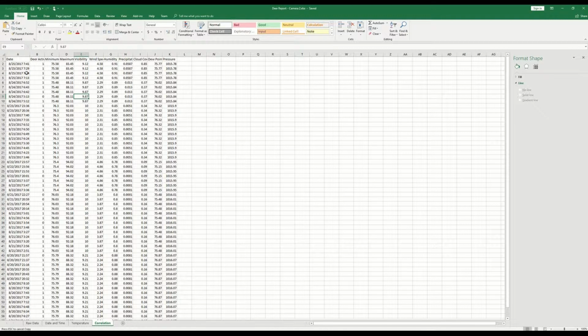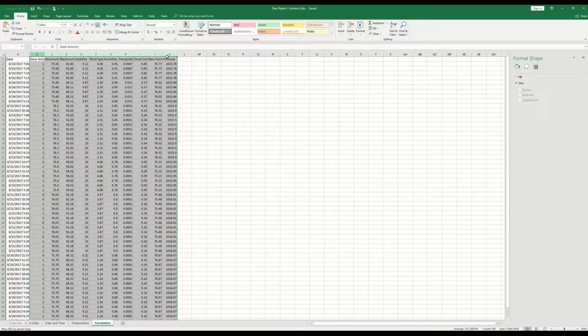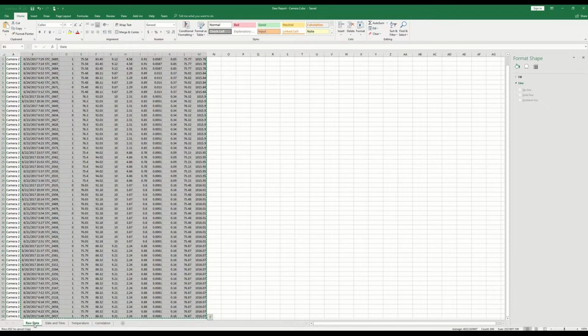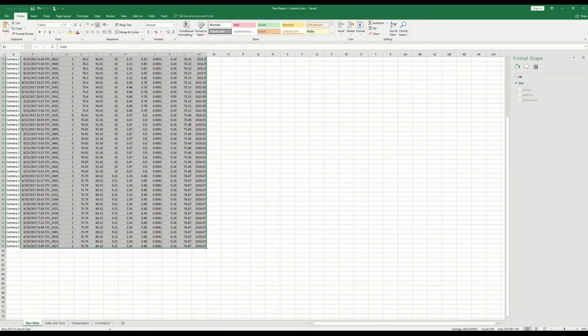Now before moving forward, I do recommend saving at this point, so a Control S is always a handy thing to do. Now you may have said, well, what's the reason in copying all of these data points? Why didn't you just copy or duplicate this one specific tab? Well, the great thing is Excel does allow you to do that. In fact, it's probably a more secure way of making sure that all of your data points make it into that tab. So the way you can do that is to right-click, go to Move or Copy, move to the